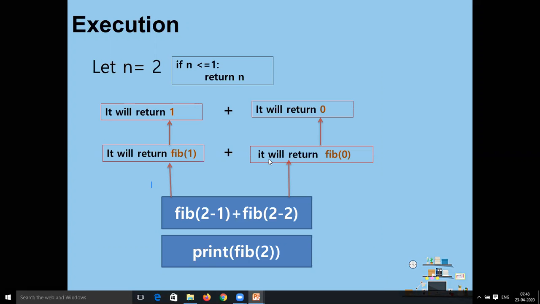So if n is equal to 2, the iteration goes 3 times, so fib is executed 3 times inside the for loop, and inside the function it is executed again how many times? 1, 2, and then 3, 4. Okay, 4 times. So 4 plus 3, a total of 7 times the function will be called recursively. Now let us see the same Fibonacci series for another number of terms.